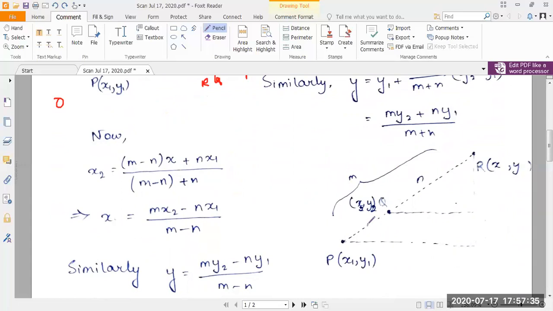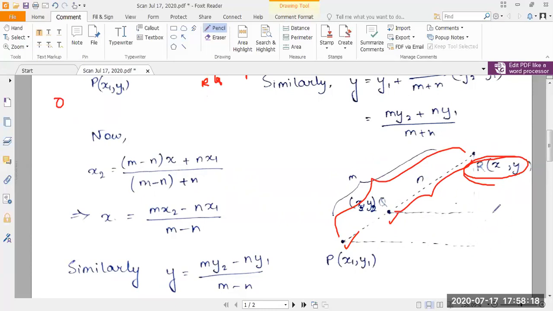As I mentioned before, when we talk about internally, the point under consideration lies between the 2 points. In this case, as you can see, the point under consideration R does not lie in between the 2 considered points. So this is a case of dividing a line segment externally. When we say R divides the line segment PQ externally in the ratio m:n, we mean the essential mathematical explanation remains the same: PR by QR is m by n. So this entire distance PR is m and this distance is n, the ratio is m by n.